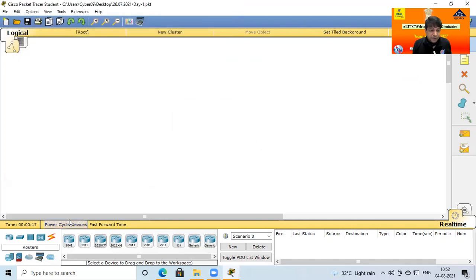In this case, we just select two routers, both the 2811. Already explained why: because the below-rating 2811 router is not fit for today's communication system. So this router I just took as the ALTTC campus customer edge router, and the other router we took as the ISP router. ALTTC is basically part of BSNL, so I just write here ISP BSNL Ghaziabad.